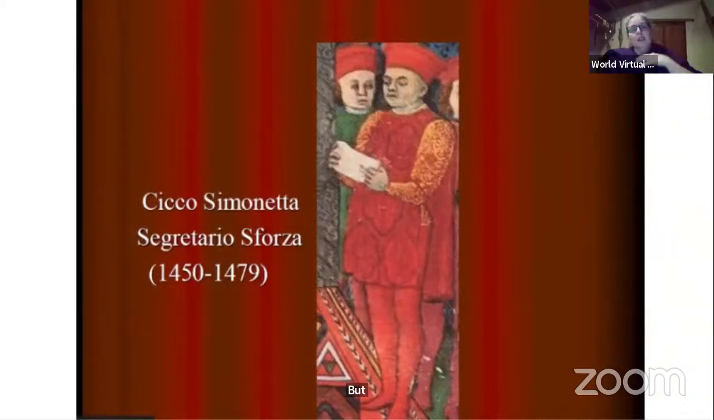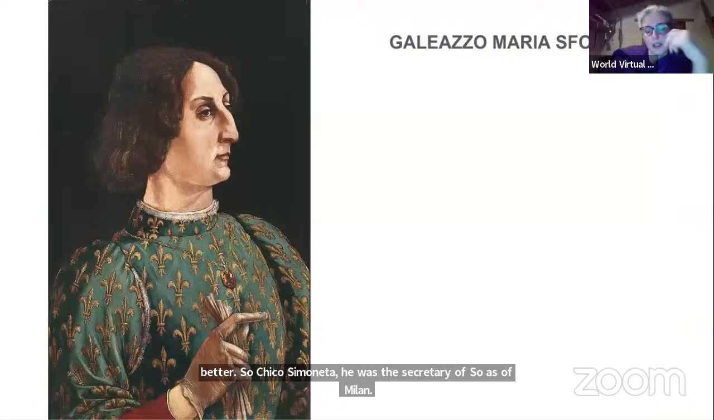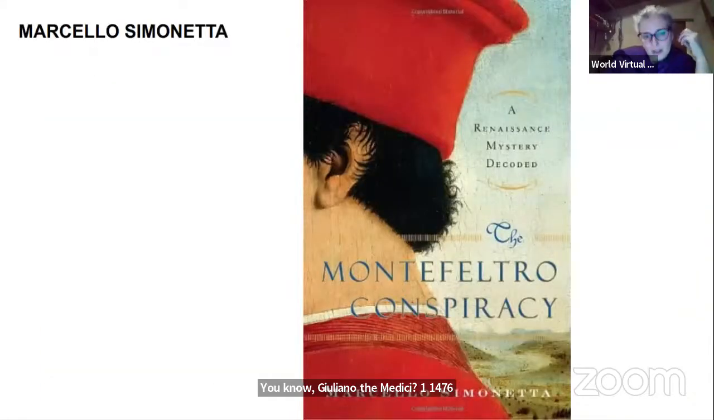20 years ago, a document was discovered. It's a document written by Cicco Simonetta, who was the secretary of Sforza of Milan, of Galeazzo Maria Sforza, who was killed in a conspiracy 2 years before Giuliano de' Medici in 1476. And so a descendant of the Simonetta, Marcello Simonetta, 20 years ago, something like that, he published